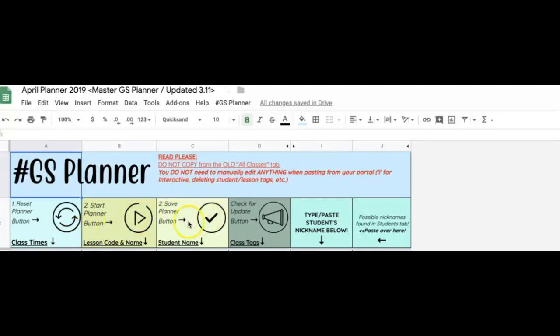But you don't have to save the planner. That's the one I was talking about. You don't have to save it if you don't want to. If you don't care to look back at classes and all of that kind of stuff, you certainly do not have to. But I do. So I click Save Planner, and then once it'll tell you that it's finished up here, and then I come over here and I click Reset Planner, and it clears out the planner, but it's pretty much just clearing out your input in